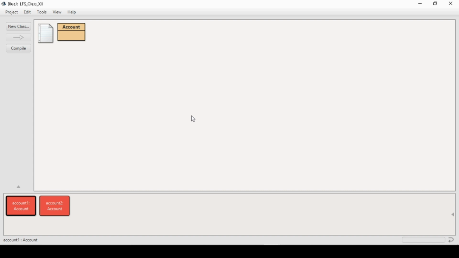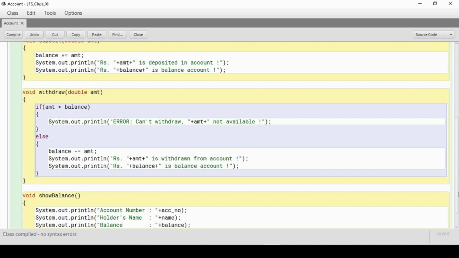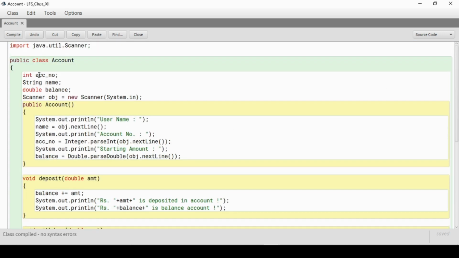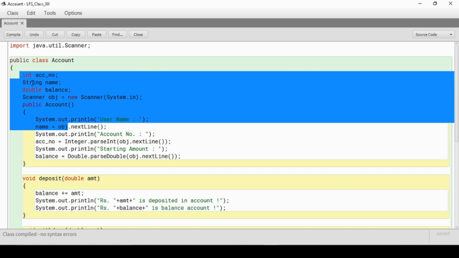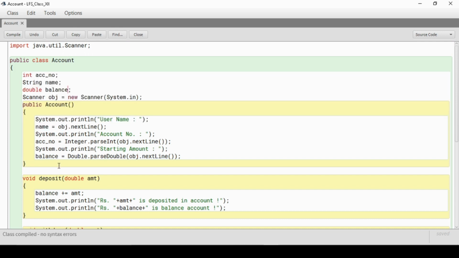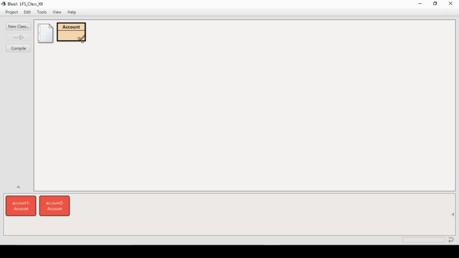Now we have to see various principles of object oriented programming, of course practically. First of all, we will see encapsulation. Let me show you how we have encapsulated. We have already performed that task. See, each and every member of this class, whether data members or member methods, are all encapsulated inside one single name known as account. Though I have the source code of the account right now, if I provide only the bytecode to someone, that person will not be able to see the code.